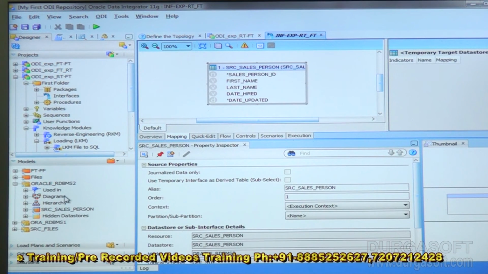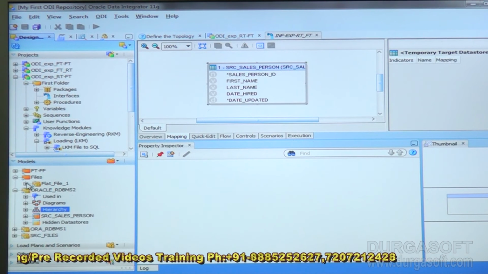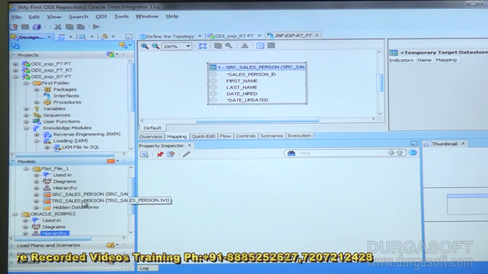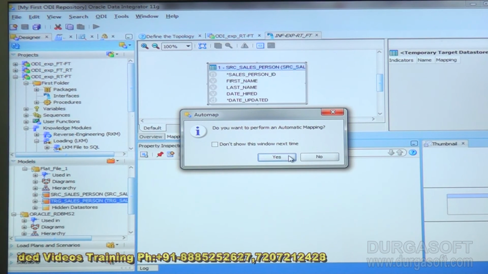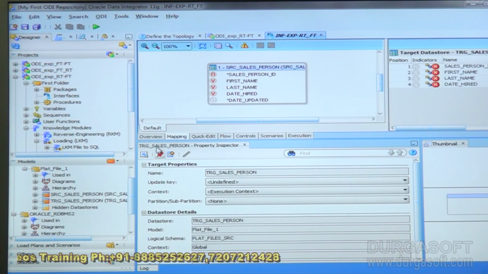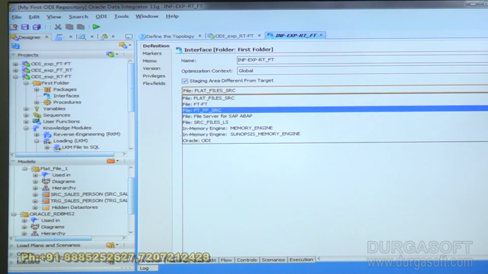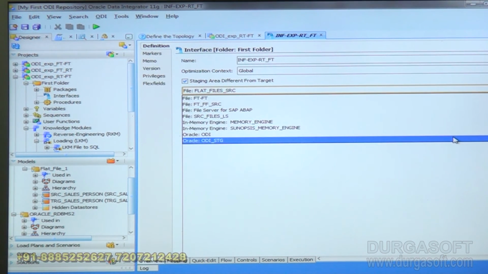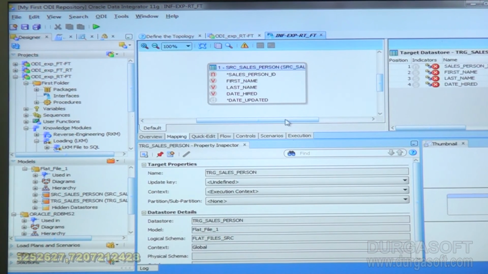And I am going to drag and drop from my files target salesperson, which is a text. I want to select this and I want to change this like this. Staging area different from my